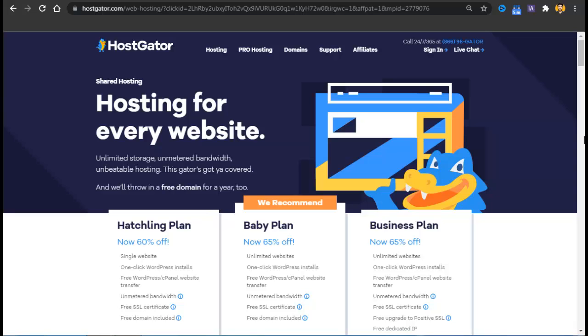Now I am a professional web developer. I have worked with almost all the web hosting companies. A few of them are cheaper than this web hosting company, but their services are just cheap, and a lot of companies are better than this, but their pricing plans are a lot higher.